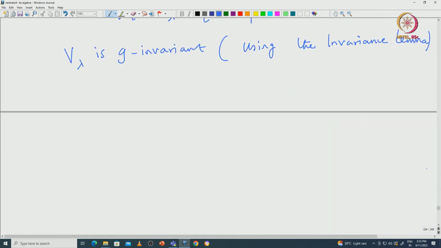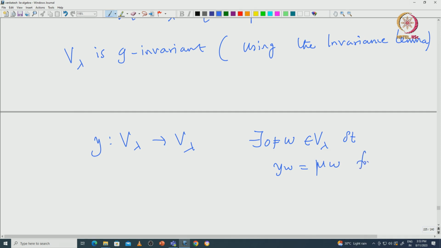So, now we have V lambda is G invariant, that means this y will act on V lambda. Since y is a linear transformation acting on V lambda and we are working over complex numbers, which is algebraically closed, that implies we have an eigenvector for this y. Okay. So, there exists some w inside this V lambda such that y w will be exactly equal to mu times w, for some mu which is an eigenvalue of y,